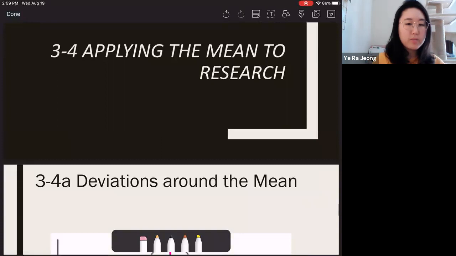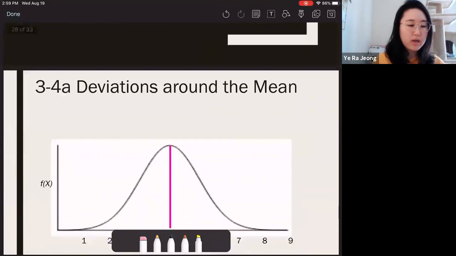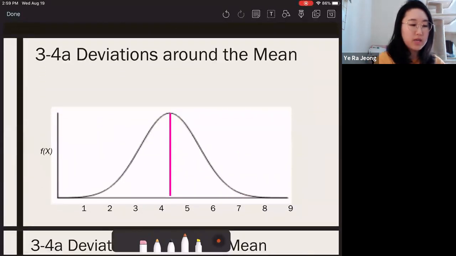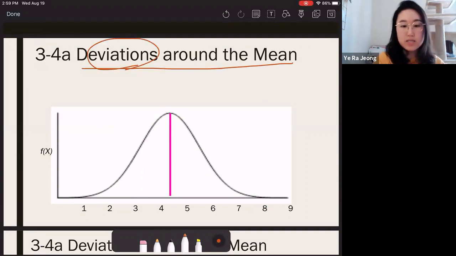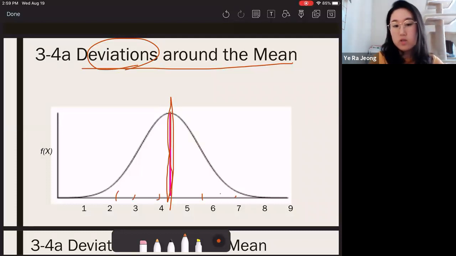When we apply the mean to research, we have to learn the concept of deviation around the mean. By deviation, I mean distance. So in a normal distribution, we know the center is the mean, and we usually compare everyone else's score to the mean, right? So I only know whether my raw exam score is relatively good or not once I know the class average,